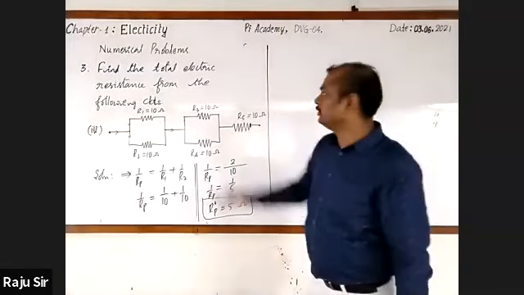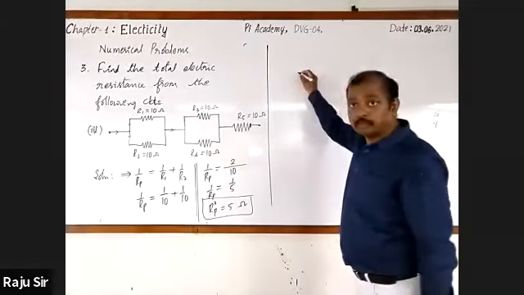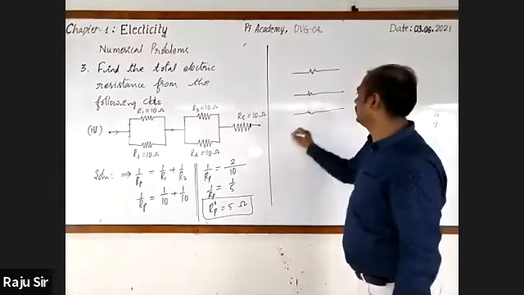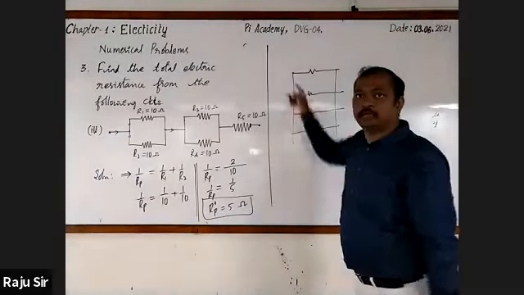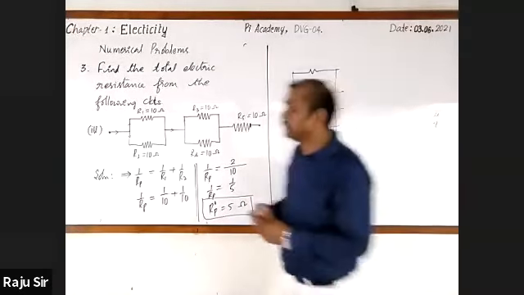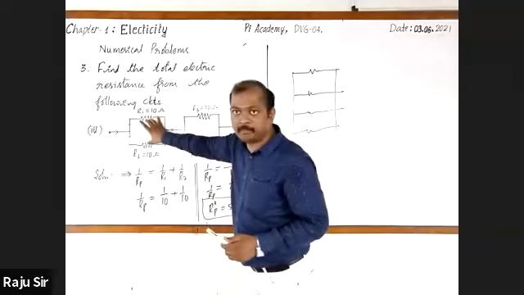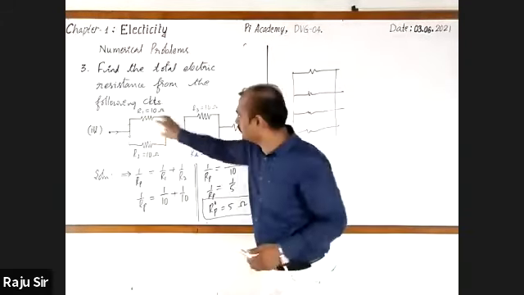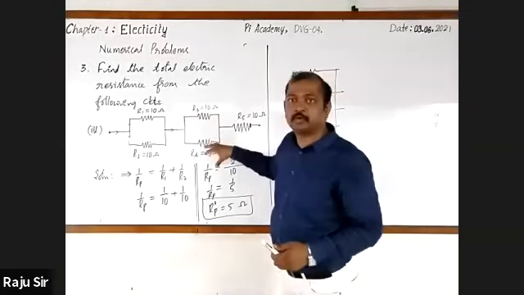Sir, directly we cannot take 4 resistors, sir. They are parallel, sir. No. If you want to take so, they should be connected like second one, third one, fourth one. Then you can take 1 by R1 plus 1 by R2 plus 1 by R3 plus 1 by R4. But here it is not like that. First two are in parallel. Then when the current flows through these two, then it comes to third one and fourth.